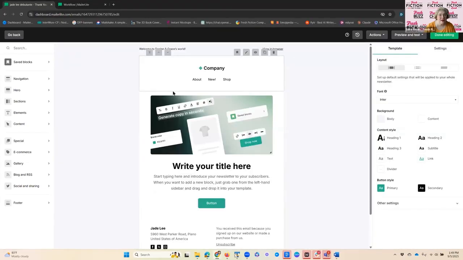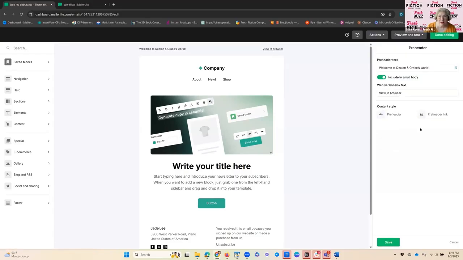All right, so the first thing I do is, here's the pre-header up here, welcome to the world, leave it alone. However, I don't want the view in browser, because that's such a signal that this is not a personal email, because none of your personal emails say view in browser, okay? They just don't. So what you want to do is go ahead to your little thing here and get rid of